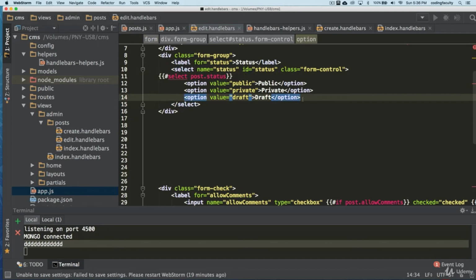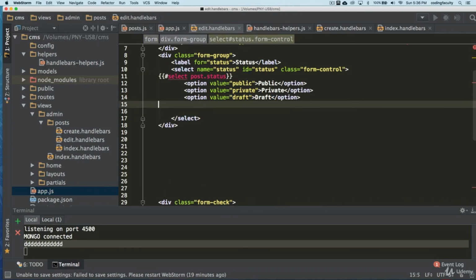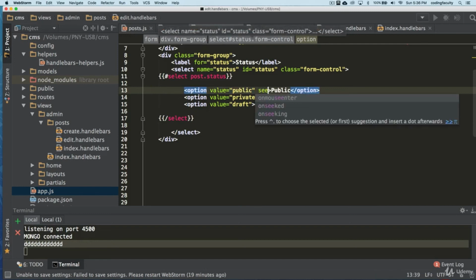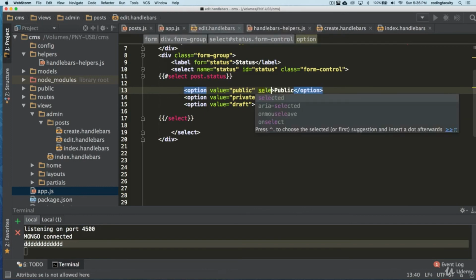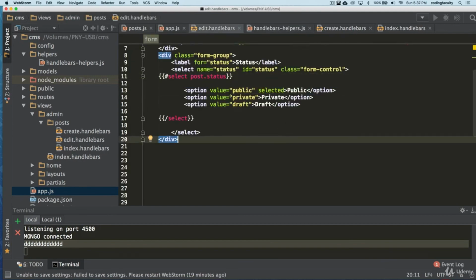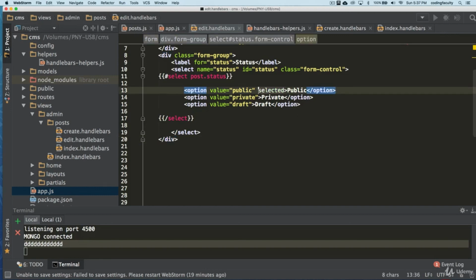There are a couple different ways of doing this online, but I like this option way better. Basically what we're going to be doing is taking in that post status. We're going to be doing something behind the scenes to detect that that's a post status that is supposed to be in one of these, and then we are going to be adding dynamically a selected attribute. For example, let's say the select is right here, like that. That selected is just going to make public selected all the time.